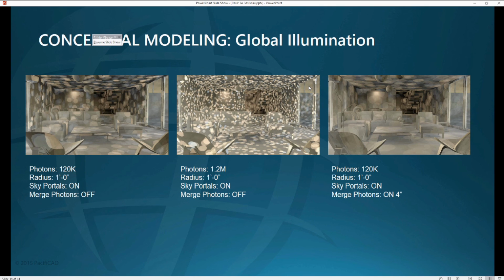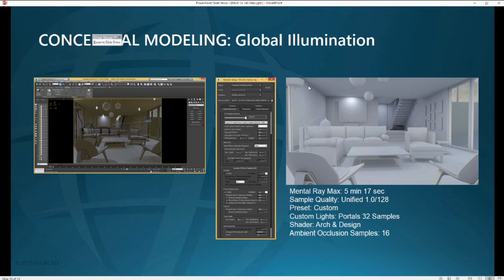And then I started adding more bounces. And at the end here, I was talking about these last two. I went up to 1.2 million, but I didn't need that many. I backed it back down to 120,000. I eventually turned on merged photons at 4 inches, which kind of smooths them all out. And in the end, I get a rendering like this in 5 minutes, which is a reasonable amount of time